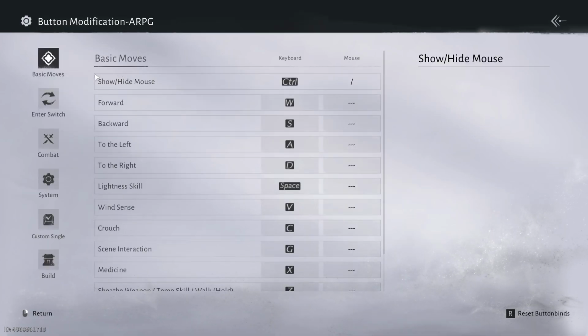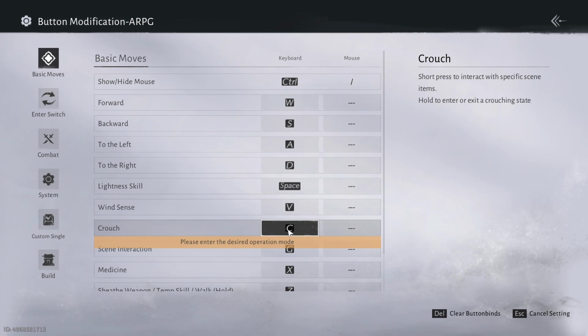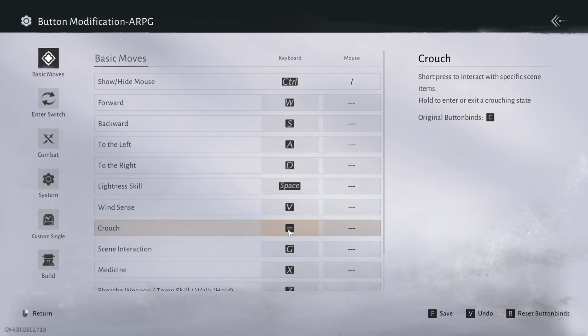Right here you will be able to change keybinds for basic moves such as forward, backward, medicine or crouch. For the sake of this video, let's say I want to change the key for crouch. I need to select that and just tap the key which I want to use for crouch. Let's say this is equal to in my case, and that way the key will be changed. You just need to save that by hitting this key, and that way the key will be changed for that